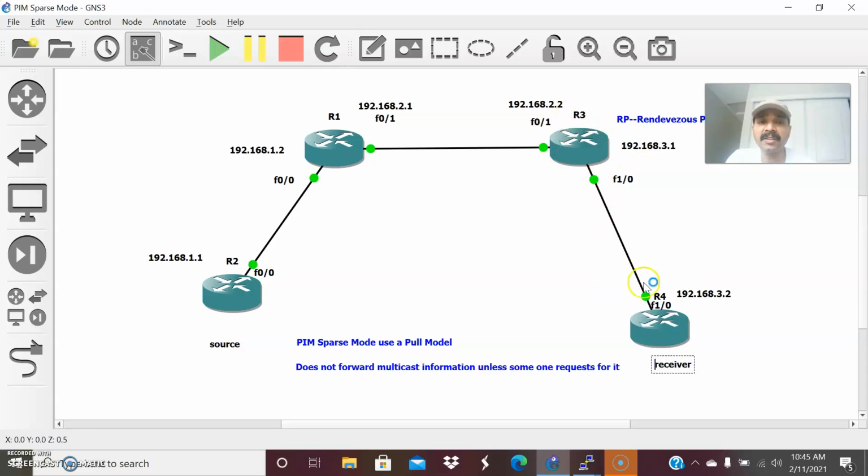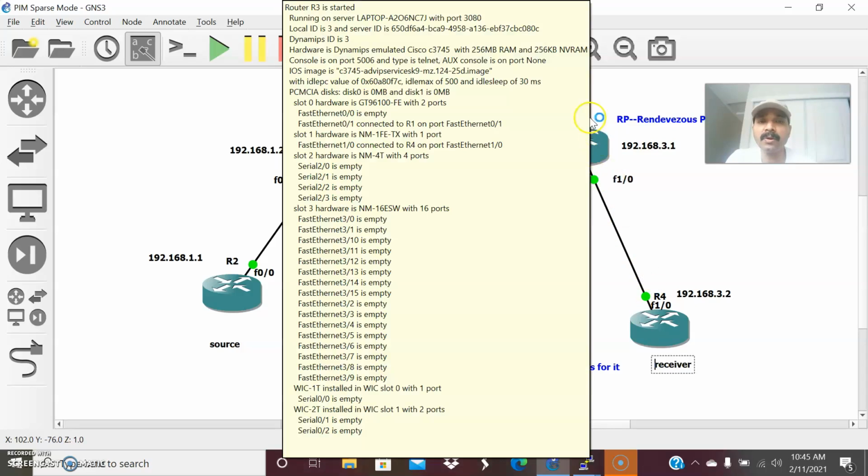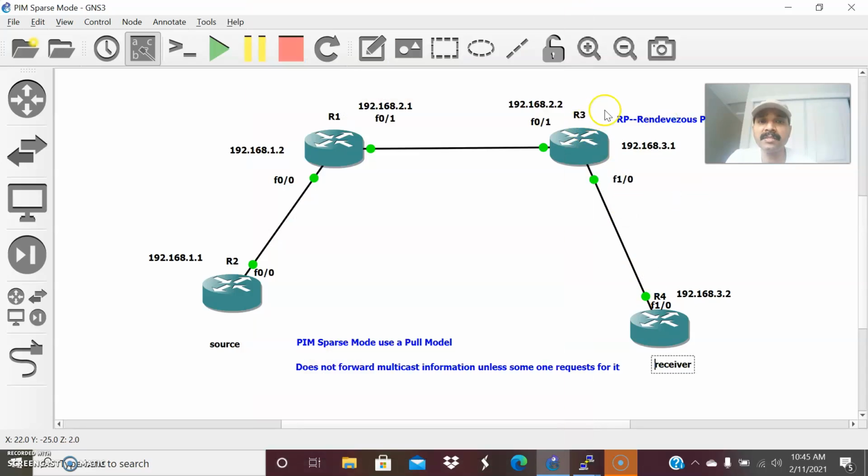So if it is not receiving any traffic from any receiver or any group, what happens? R3 will immediately send a register stop message to R1. So it will flow like this, R1. After receiving the stop message, R1 will start the suppression timer. That timer is 1 minute, that is 60 seconds. After that, it again sends a null register to R3 to check whether any other traffic is interested. If R3 is not interested in any other multicast group, it will again respond with the register stop message, right? So this is the way the source makes a registration with the RP.